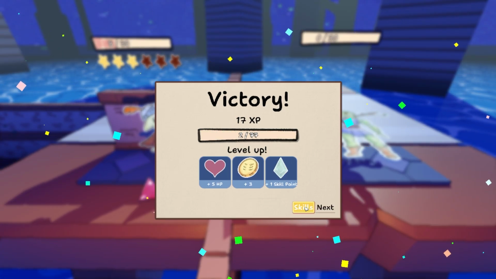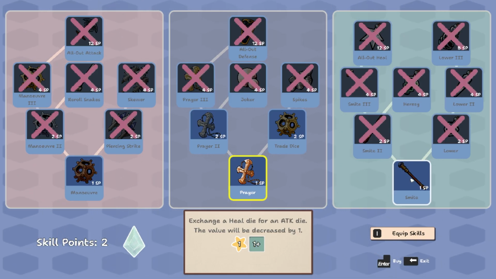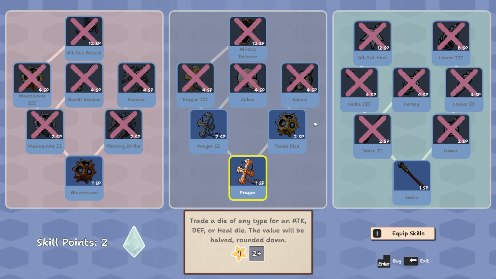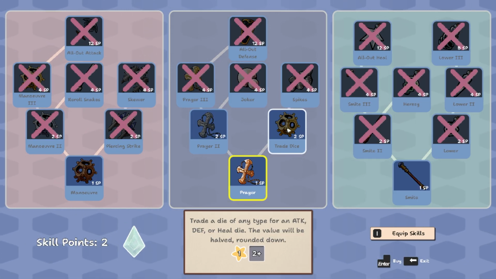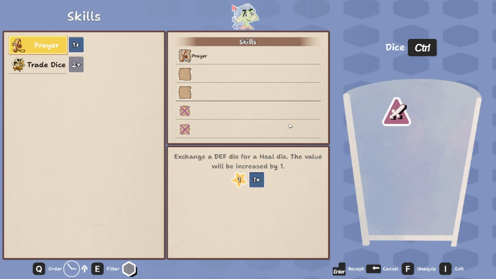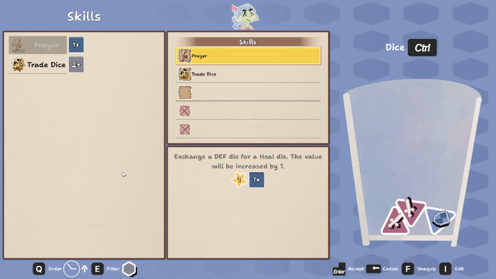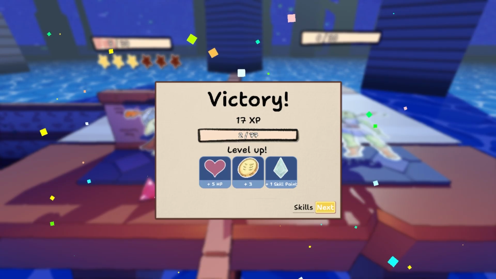Look at that. Okay, now we have enough skill points to... I suppose we could have also bought one of those while we waited, but now we have 2. Trade a die for any type of an attack, defense, or heal die. Hey, that's cool. That's really nice. I like that, dude. Let's go ahead and equip that, by the way. There we go. So now we have the option of having a lot of versatility with the die, which would be really helpful. But anyway,